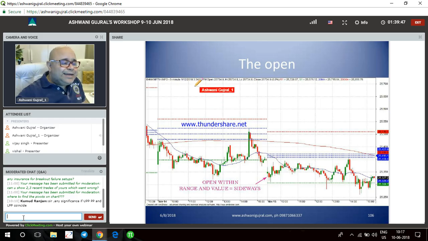There are 3 conditions: open greater than R1, or less than S1, and greater than the central pivot range. So it opens beyond everything. That is a trend day. Open greater than CPR,